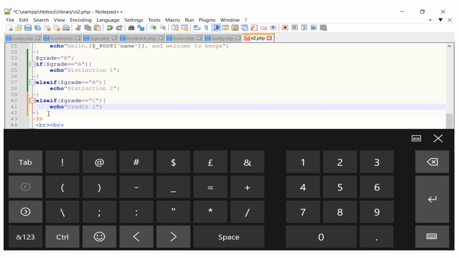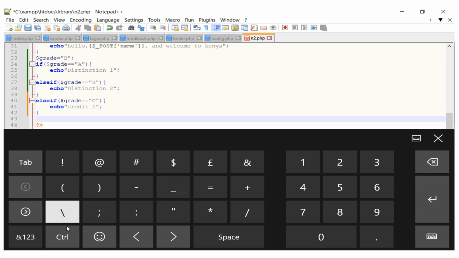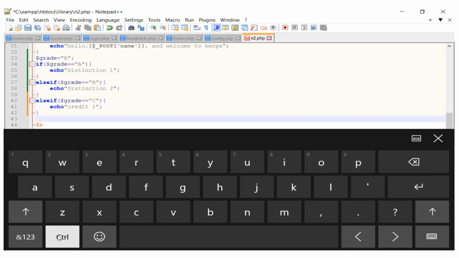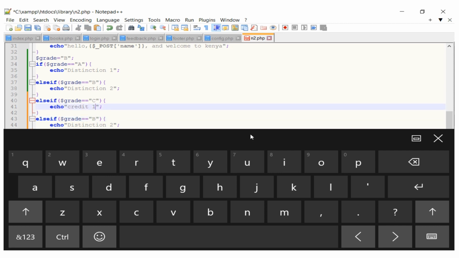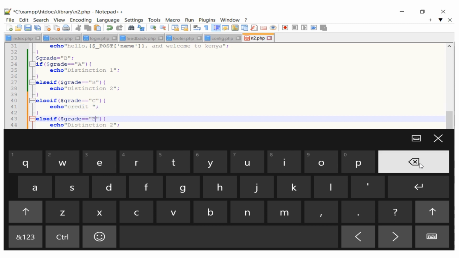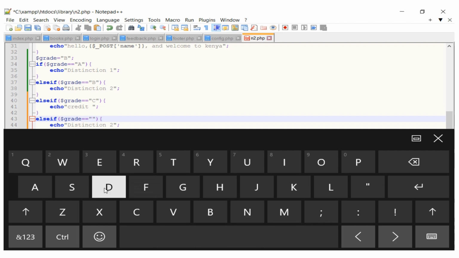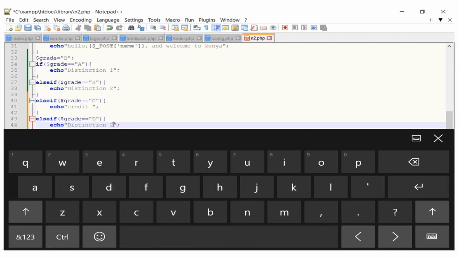So we can still give the second one here to be maybe a day, which will be credit. So you can paste this one there, and this one we can just call credit. We can score this one, we can give that credit. If it is a day, we can give this one to be either maybe pass,